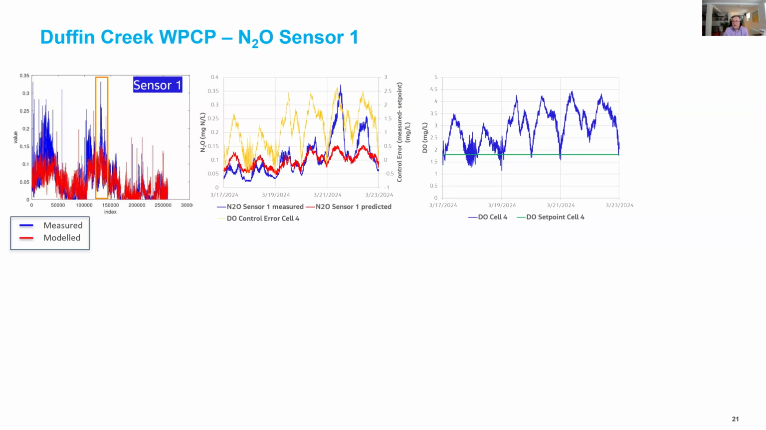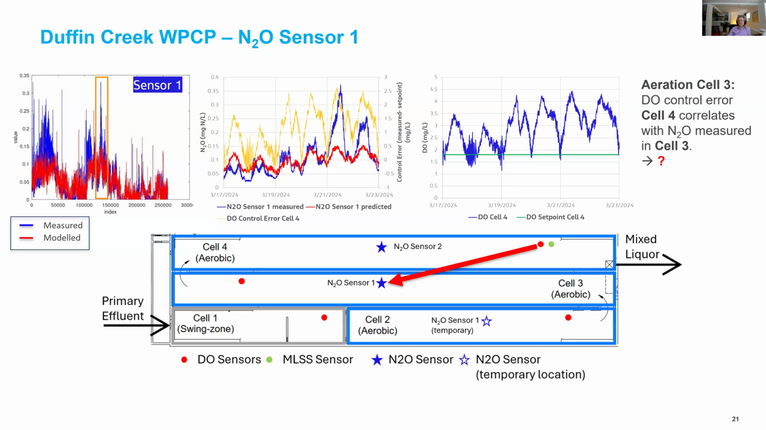If you look at the DO itself and the DO set point in green, you would say, oh, over-aeration triggers N2O, right? So that could be one conclusion. The problem is that the DO control error is actually based on the DO probe at the very end of that tank, so at the end of pass 3, whereas the N2O sensor sits in the middle of the second pass, right? So basically it would mean that the DO error